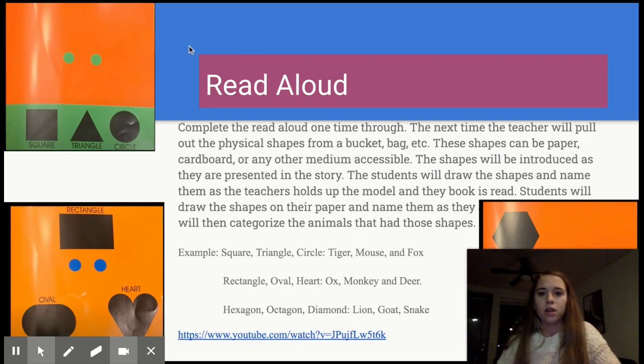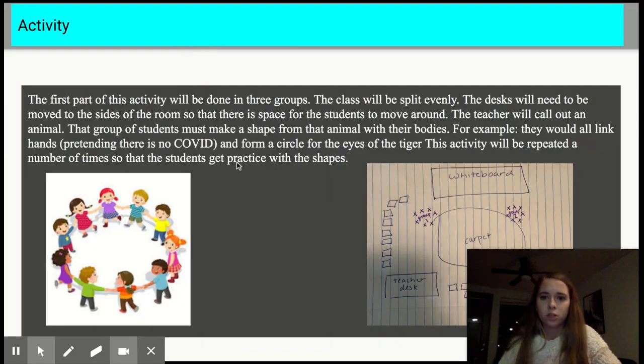And then we will look at the first part of the activity. The first part of the activity will be done in 3 groups. So you'll just split the whole class. If you have 21 students in a class, you'll have 3 groups of 7. If you have 24 students in a class, you'll have 8 groups of 3, or 3 groups of 8, sorry. And I mainly focused on 3 groups of 7 with this one,